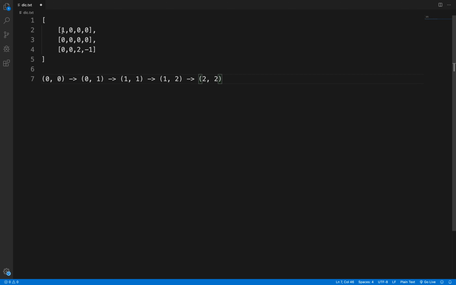Here you can see we have reached the ending square from the starting square, but we haven't walked over all the non-obstacle squares. So this is not a valid solution.